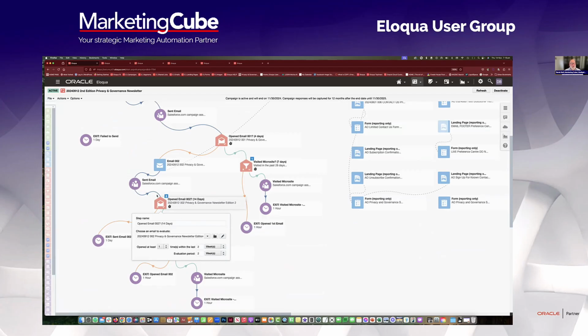So for every hour, Eloqua was asking the question, have they opened the email? Like I said to the team yesterday, it's like a small child on a road trip. Same thing, are we there yet? Are we there yet? So have they opened the email? If within that 2-week period, the response is yes, well, then they move on through this process. However, at the end of that 2-week evaluation period, if the answer is still no, then they will exit here